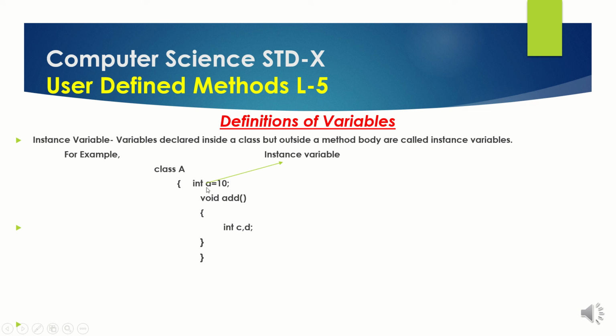So this is what an instance variable is. The word instance means object, so an instance variable belongs to an object. Any variable we declare inside a class but outside a method is called an instance variable. So the class scope ends here, at the last bracket of the class, the ending bracket. The scope of this variable is from the starting bracket of the class till the ending bracket of the